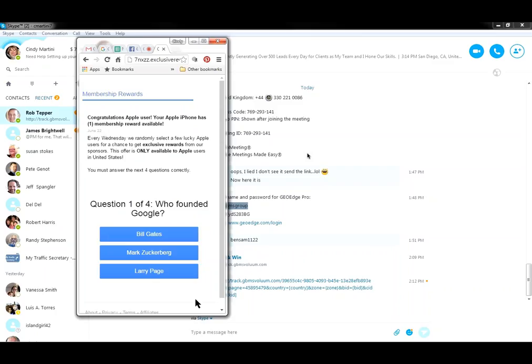By the way, it says your Apple iPhone has one membership reward. So that's one of the things you're checking, to make sure that when you're looking at it as if you're on an Apple, that it's right, if you're checking our ads. There are two different things. One is that you're just looking at spying on stuff that's there, and then it is what it is. The second is when you're looking at our ads and you just found an error. There's no doubt in my mind that that is an error, and I've got to fix that.